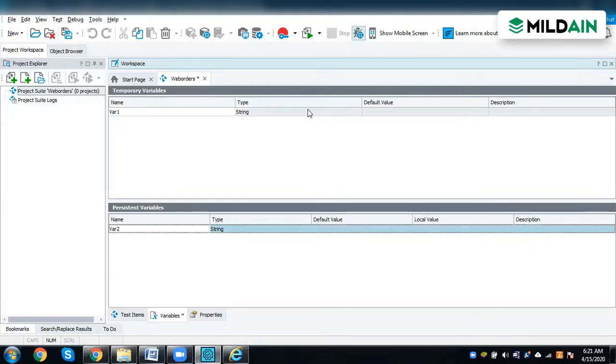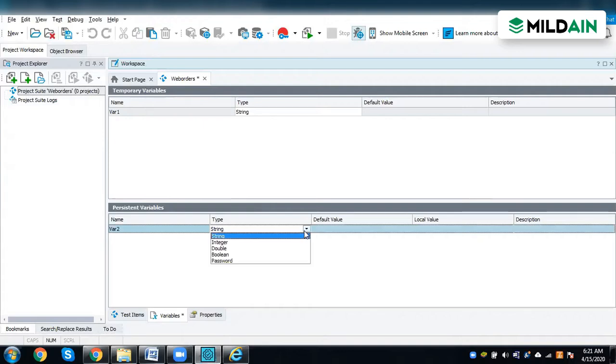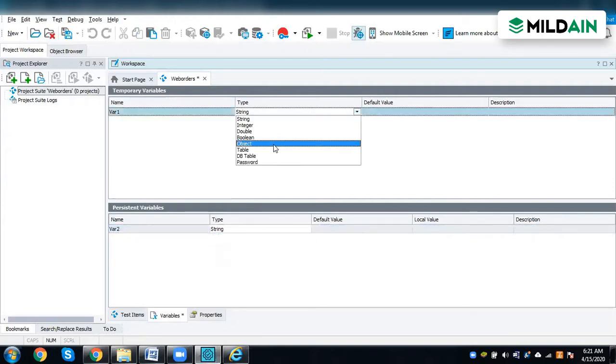So what is the difference between temporary and persistent variables? The type will change. A temporary variable can be identified at runtime also, and it can change during runtime. A persistent variable will mostly be a constant. It can't be changed. It is like defining a value, and this value will not change. But with temporary variables, you will get the DB table, the object, the table value, all these things, which you can change at runtime also. So that is the difference between temporary and persistent variables.